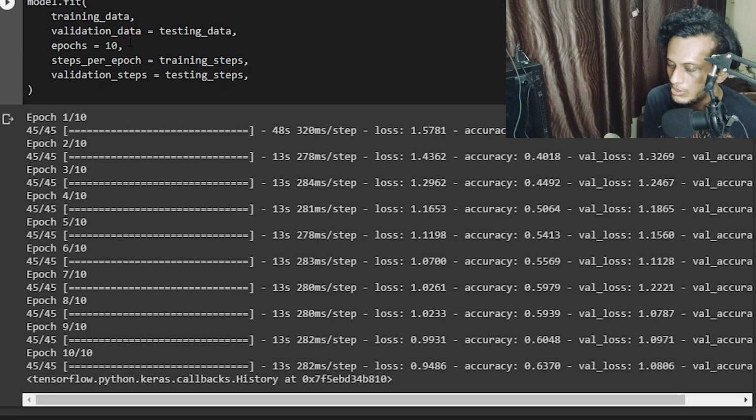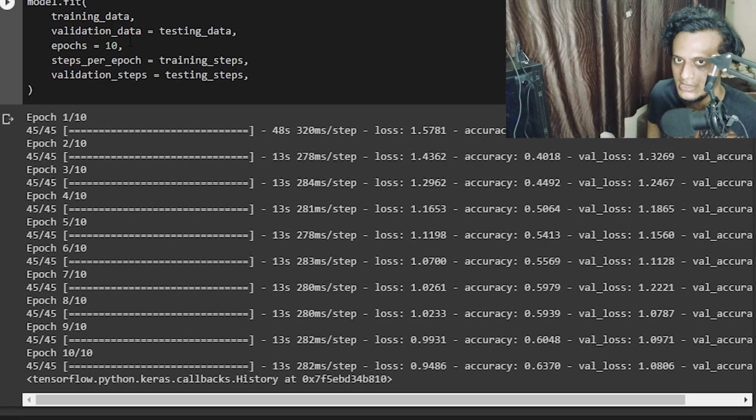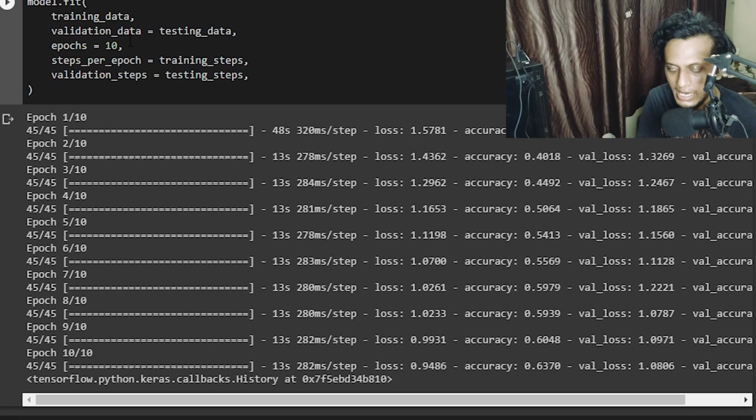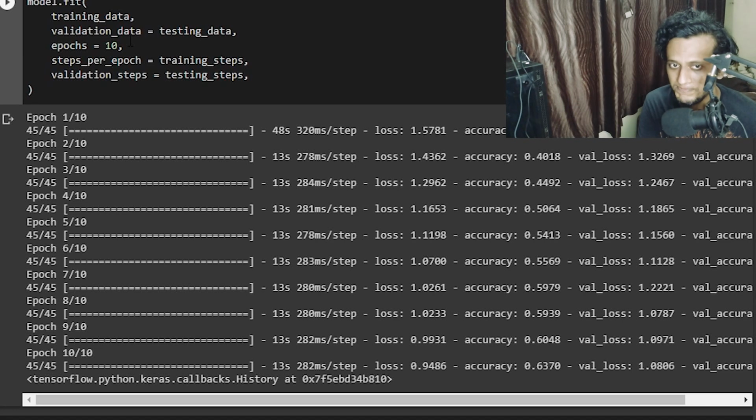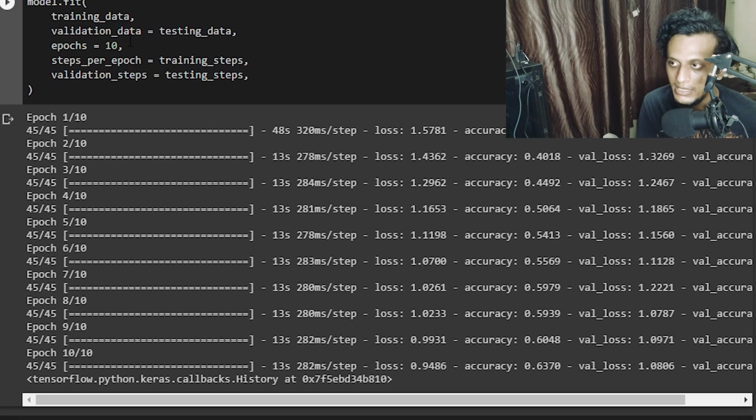But as I promised, in the upcoming tutorials I'll tell you how you can increase the epochs and how you can train the model and everything. We will try to improve the accuracy of this network as much as we can. That would be our task. But today my task in this video is to help you classify an image, take the image from the internet, and classify it the way it is.